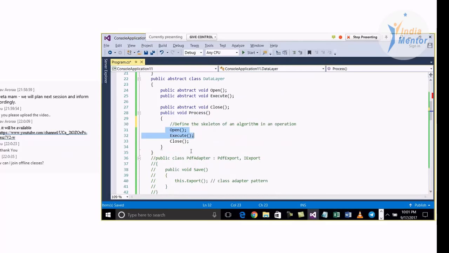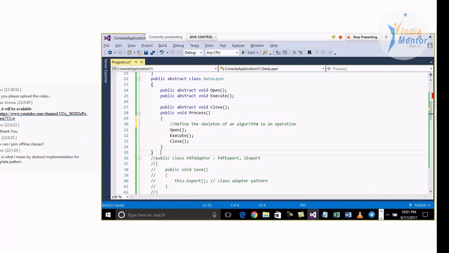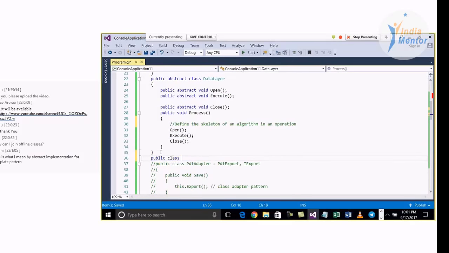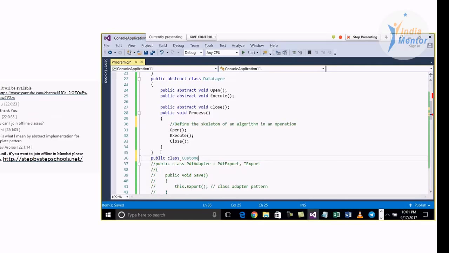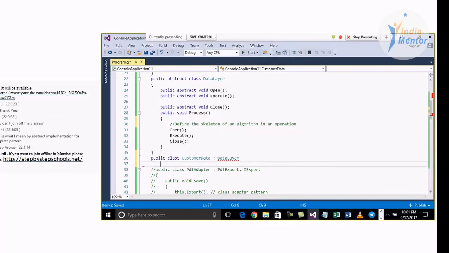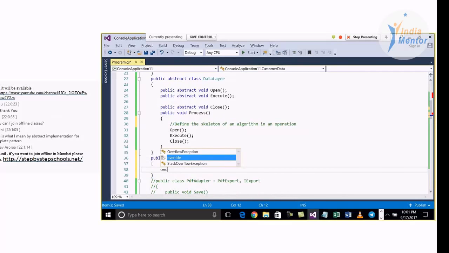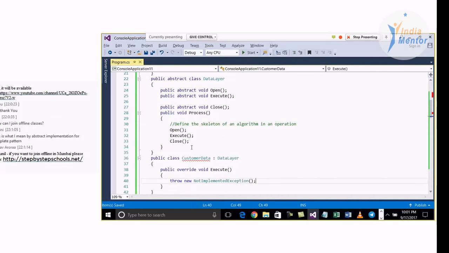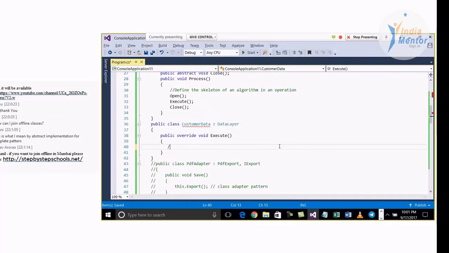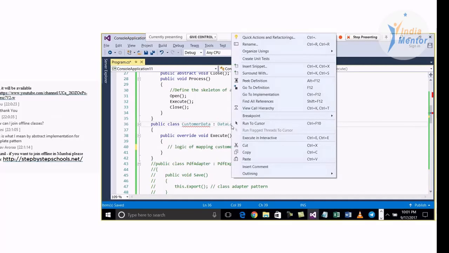Now what I can do is say how this execute command will work will be defined by the child class. So the child class will say public class, let us say this is CustomerDataLayer, right? So CustomerDataLayer will have its own way of mapping. I will implement this data layer here, and I will say override Execute. So in this Execute, I will write the logic of mapping customer data, right? In the same way,